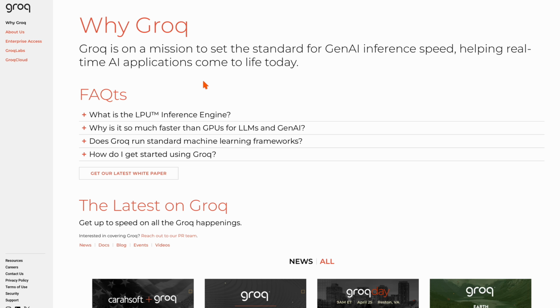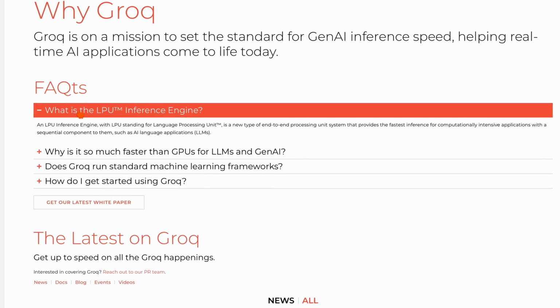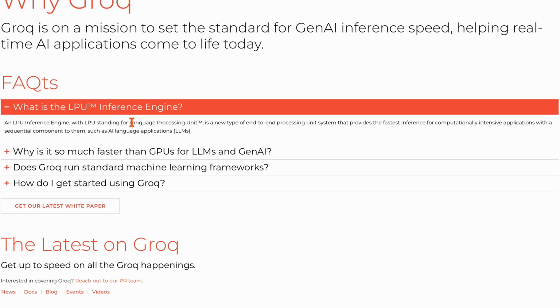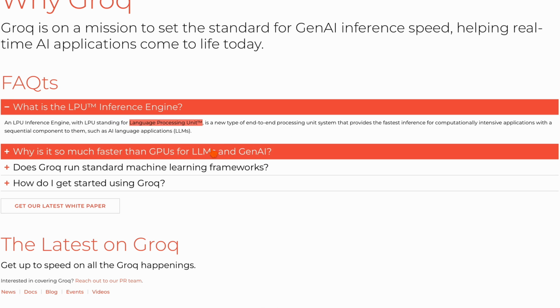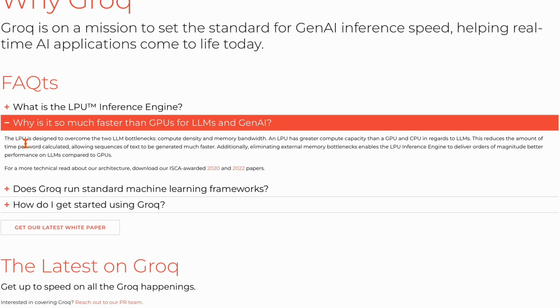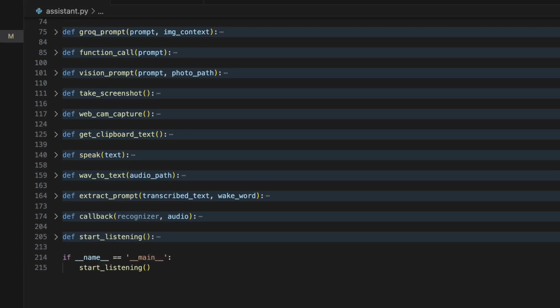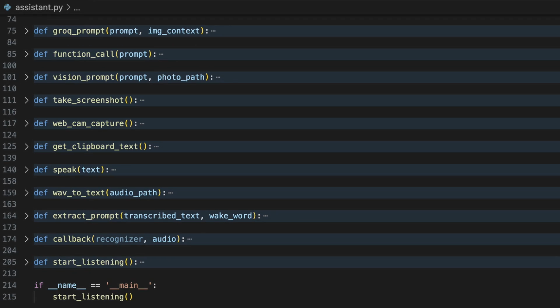If you have not already heard of Groq yet, Groq is a company that invented a new piece of hardware that is like a GPU, but specifically made for inferencing language models. This allows for us to get high speed, aka low latency responses from the Groq API, even using a 70 billion parameter model. But we're going to need much more than a conversation with the language model to make this